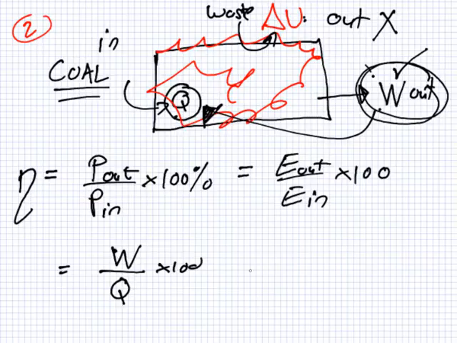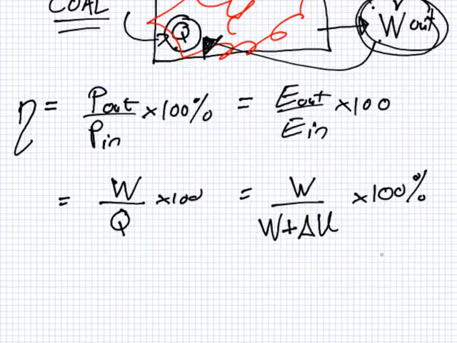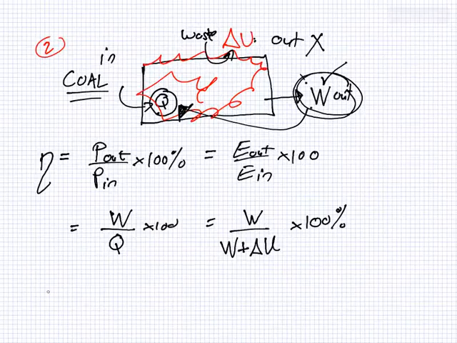Now what does Q equal though? Q is the same as W plus delta U. And that's it. So, like this. Now please note,